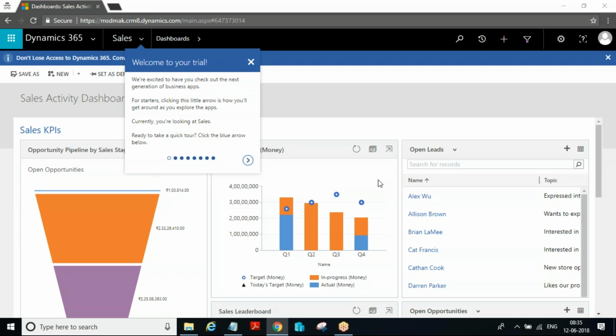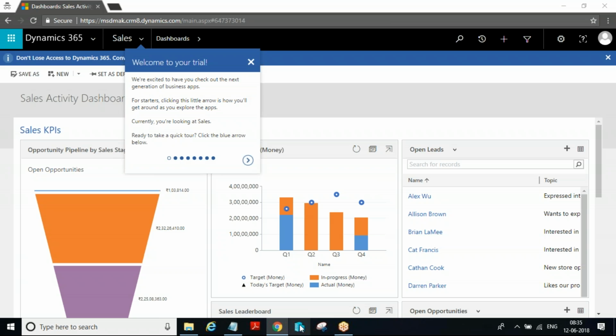All right. Okay. So let me recap what we covered in the last session. We started with the overview of Microsoft Dynamics CRM, where we have seen different types of deployments: online, on-premise, and partner hosted.